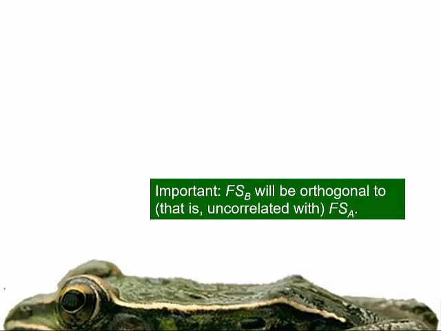Another way of saying the same thing is to say that these two factors will be orthogonal to each other. In statistics, if I say two variables are orthogonal, it means the same thing as saying they have an exactly zero correlation. Orthogonal means having a zero correlation. The word orthogonal comes from the root ortho, I believe, which means to be at right angles. So for example, if you go to the orthodontist, that is a person who puts your teeth at right angles